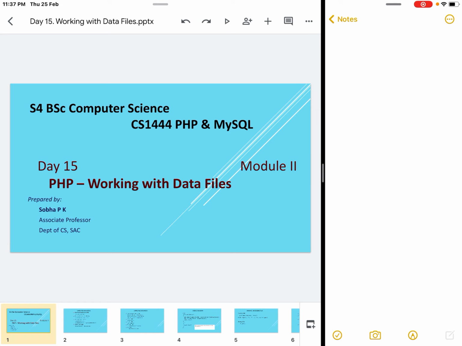So when the data is provided as a flat file, the file must be handled using the techniques and methods available or supported by that particular programming language. Here we are going to see what library functions are available in PHP for handling file operations, and what are the simple file handling library functions provided by PHP for managing files.